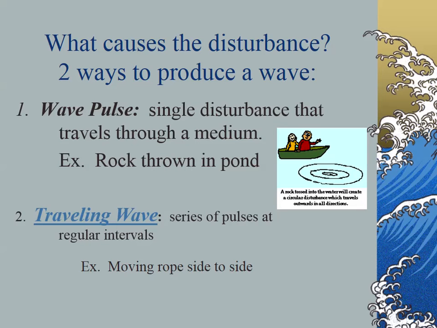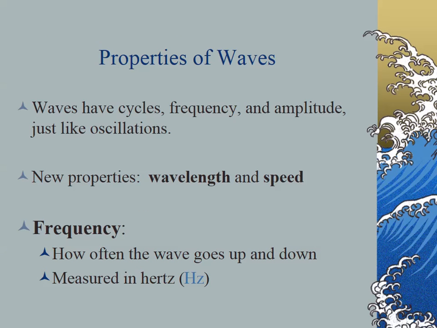This is a continuous or regular set of pulses, or basically disturbances. So this would be me talking. I'm constantly creating more and more waves. This is a traveling wave. I just keep on talking forever and ever. It's getting so tiring. I keep on talking. It's not a pulse. That would be a traveling wave, a continuous motion of that sound coming towards you. Obviously, this one right here, the traveling wave, if you click on that one, and it works, is somebody doing a rope exercise where they have to keep on lifting up and down the rope and creating transverse waves on a heavy rope.